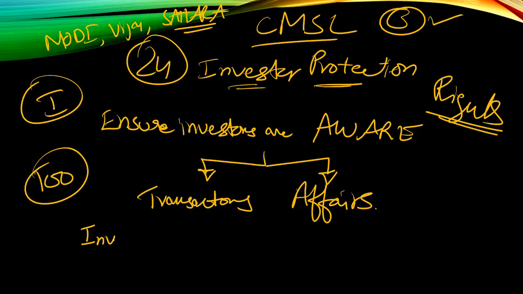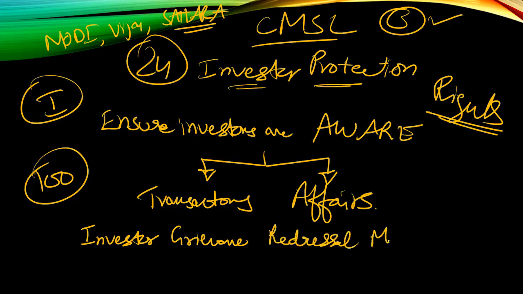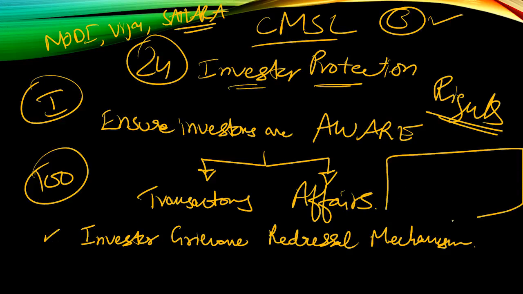the investor grievance redressal mechanism. That is the SEBI related concept where investor grievances are handled carefully. Then the last thing in this chapter which you should keep in mind is SCORES. That is the complaint redressal scheme. If you have any complaint, you can go to the SEBI complaint redressal system, which is called SCORES, and you can do it.